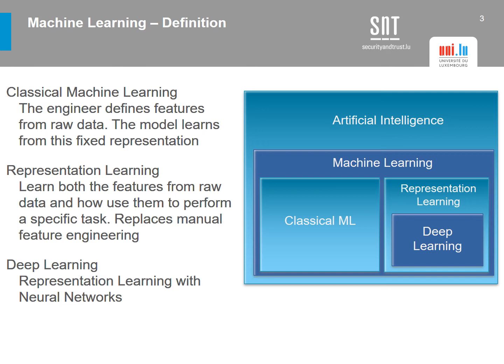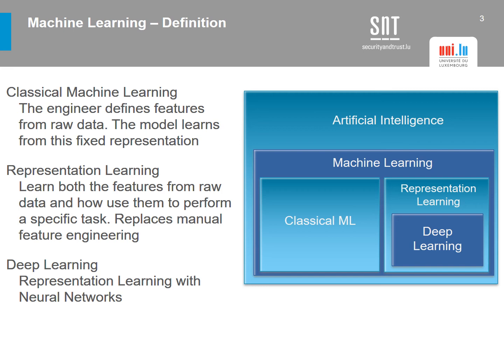But for sure, this advantage in representation learning comes with a cost that we will review later in the lectures. Deep learning, which is a subset of representation learning, is quite famous for its use of neural networks to encode features on its own from the raw data and to utilize these self-generated features to perform various tasks. As I mentioned, classical machine learning is also called shallow machine learning, which actually is a pun used to derive a contrast from deep learning.